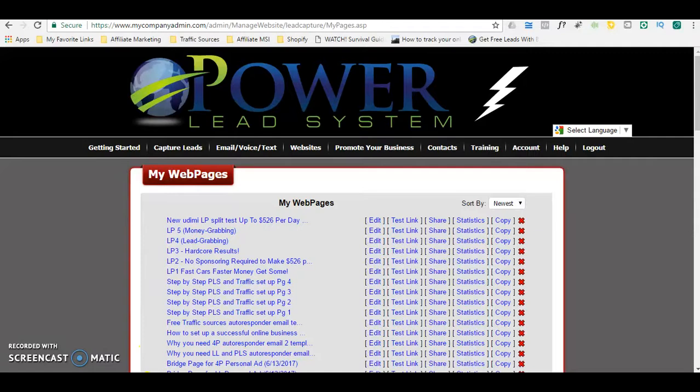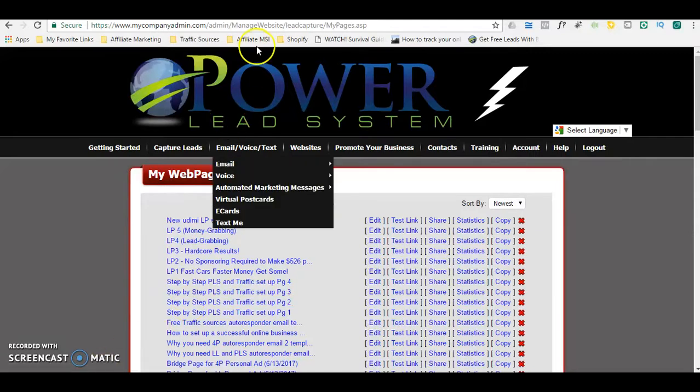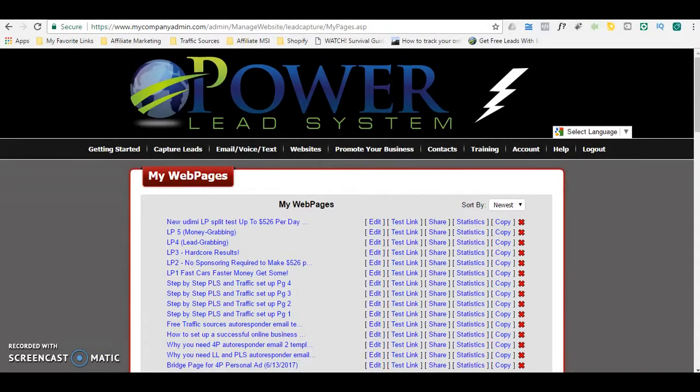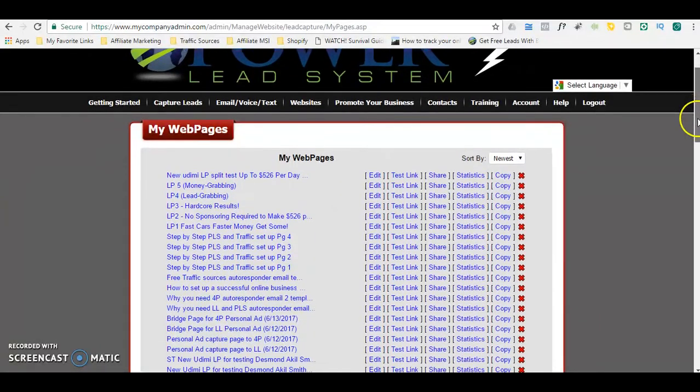Okay, so what I am doing, guys, is I am going to test two website pages, and I'm testing two website pages with one Udimi vendor. A Udimi vendor is simply a person who I am going to buy my traffic from. And the pages that I am going to test is going to be this one, which I just created, and also